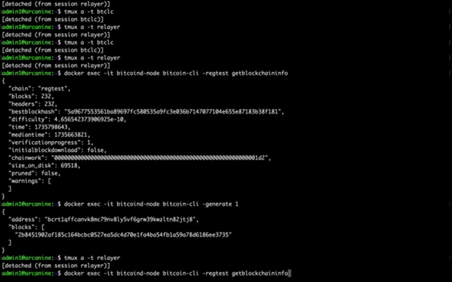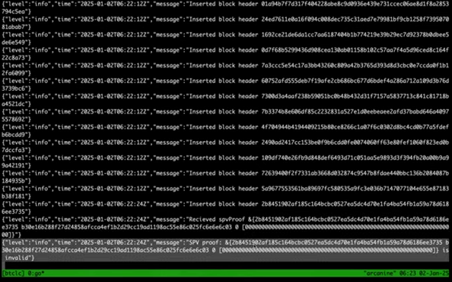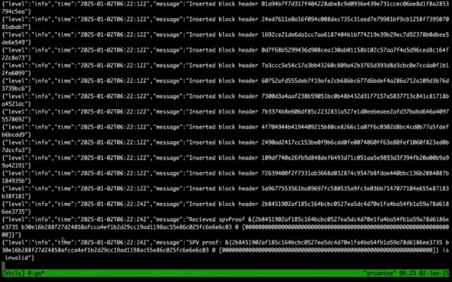So if we go back to the light client, you can see proof was received and proof was marked as invalid. So yeah,